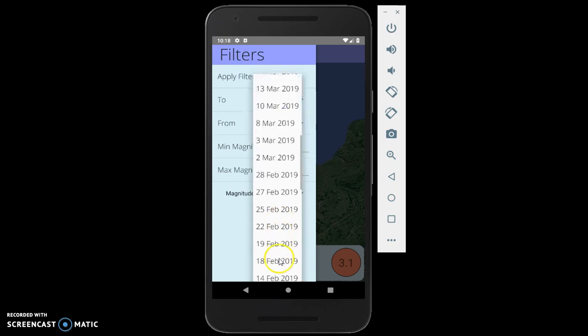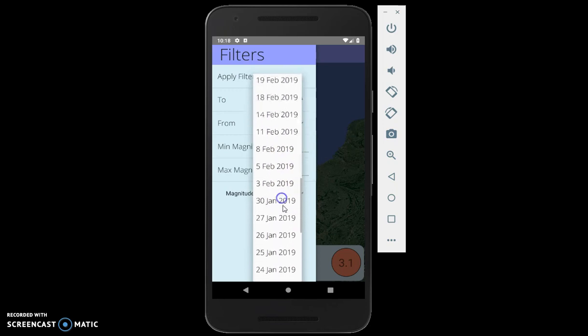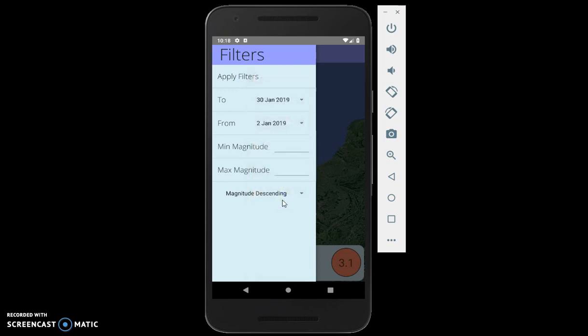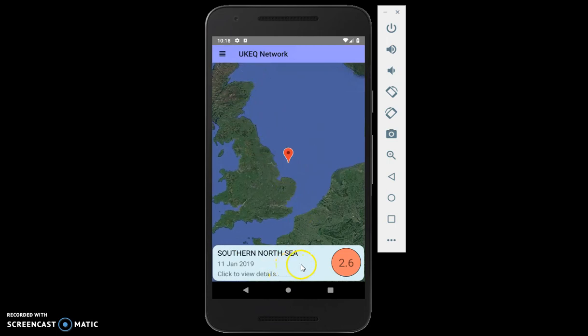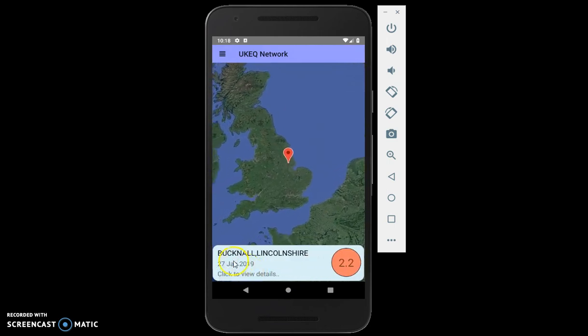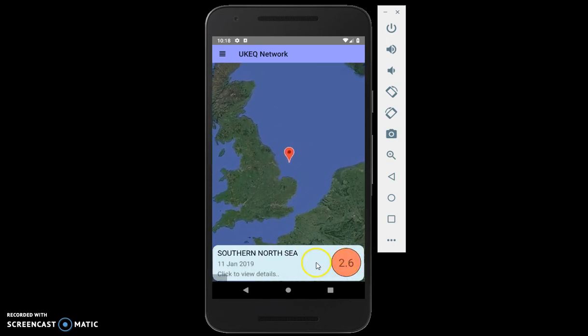and I'll limit that to the 30th of January. I can just apply this filter, and here we can see our list is still sorted by the magnitude descending, and the earthquake with the highest magnitude in January 2019 was in the southern North Sea, and it was a